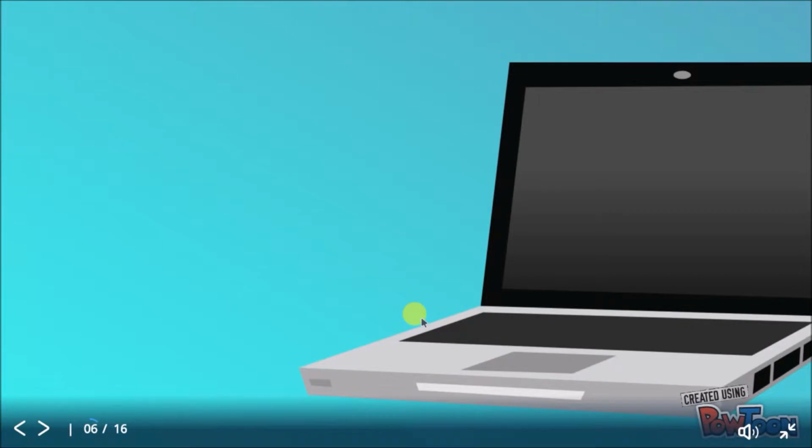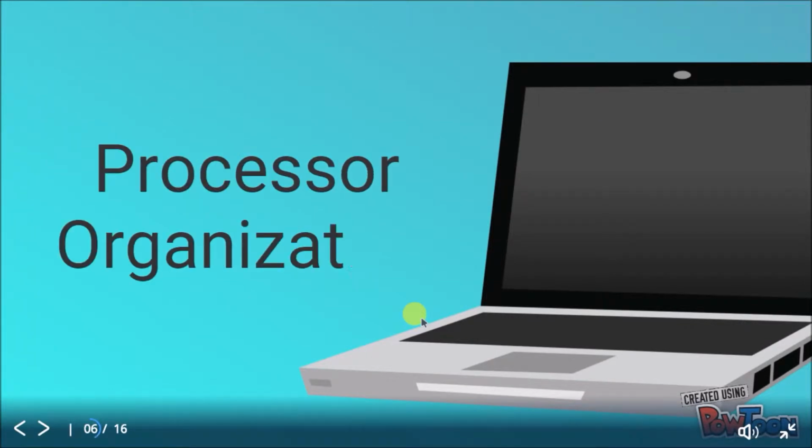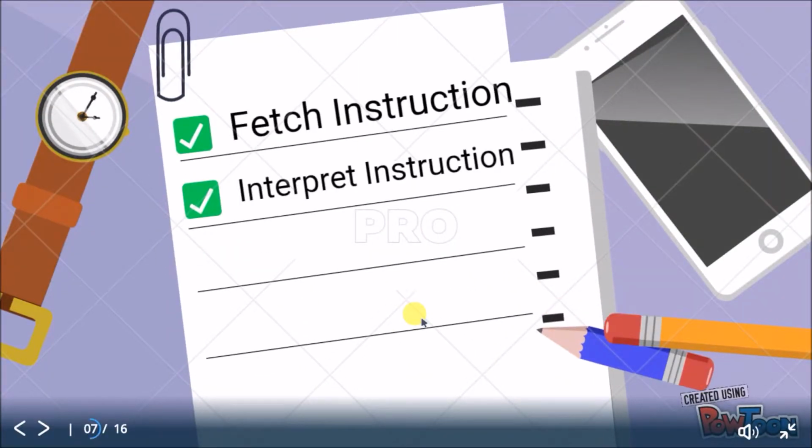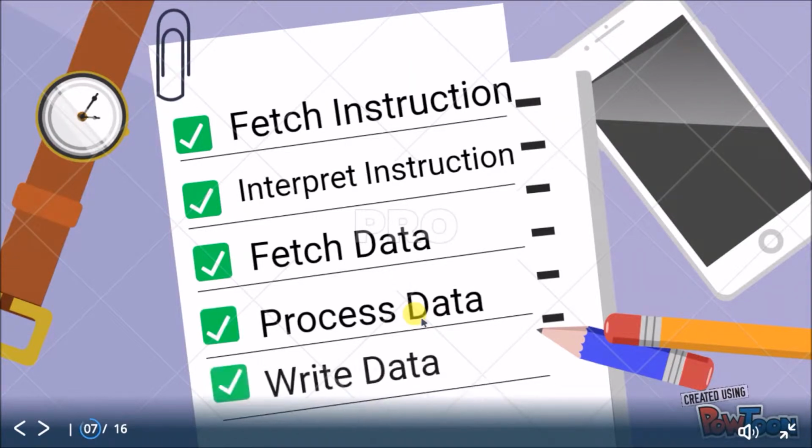So today in our presentation we will cover processor organization, register organization and instruction cycle. Okay, for the processor organization, to understand the organization of processor, there are 5 requirements the processor must do, which are fetch instruction, where the